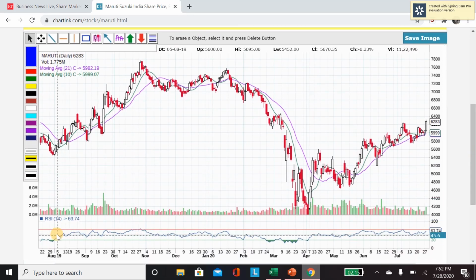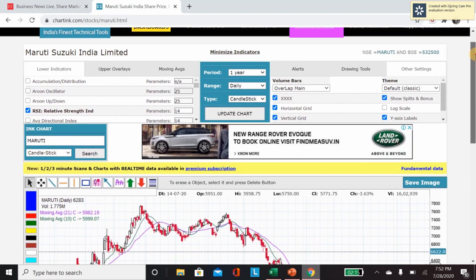As we discussed, 30 will be our oversold zone. Now when the RSI was 30, just see, Maruti price was around 5415, and when it reaches 70, it means it is overbought. We have to book our profit in Maruti, like here, it's 7154. Now friend, just see, at the entry point we were at around 5463, and exit was 7154. Now it is a big profit in the short term, as this chart is for 1 year.